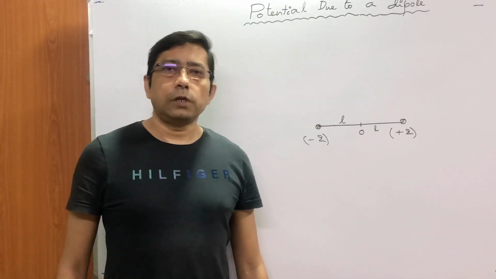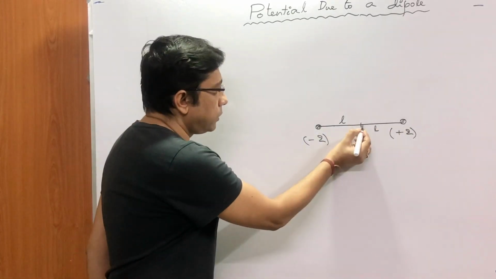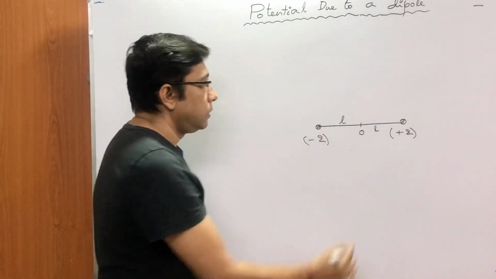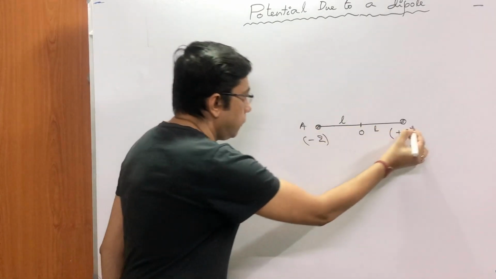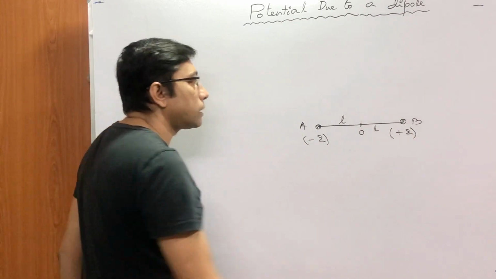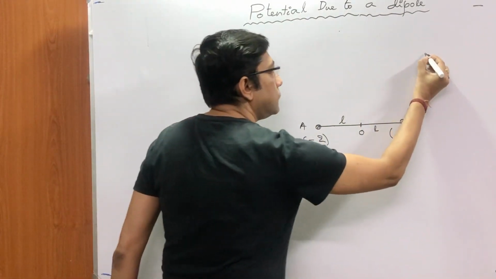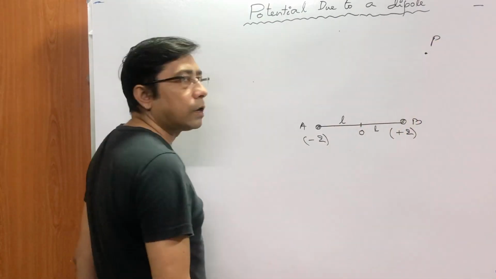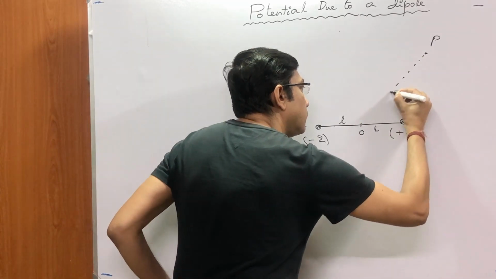Now, potential due to a dipole. So this is a dipole, midpoint, both sides L, center point O. Now, for the dipole AB, if we select a point somewhere over here, we can select it anywhere. So this is any point P, anywhere. Where is that point located? Its coordinates are given